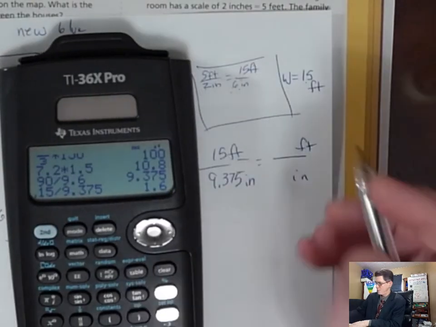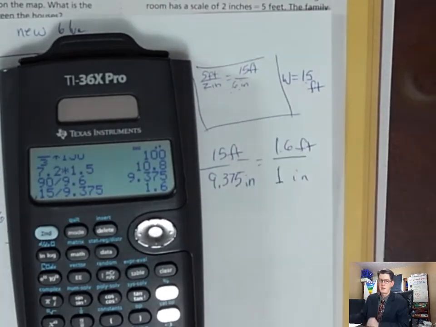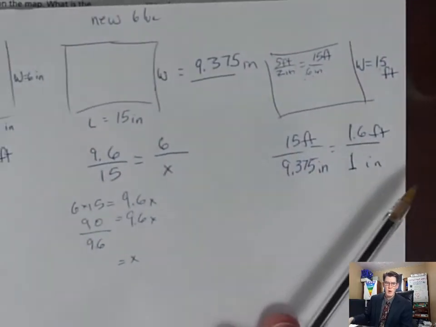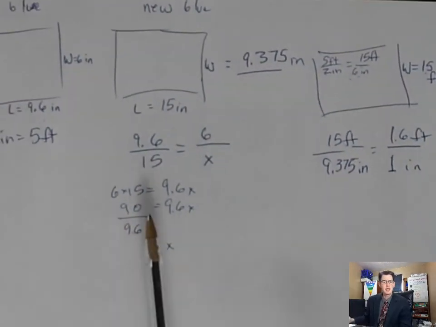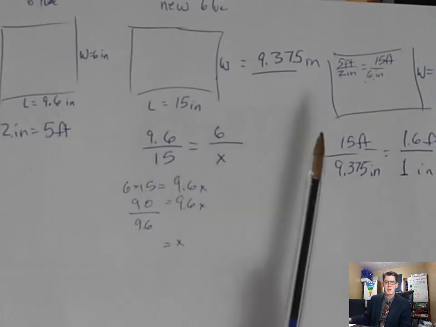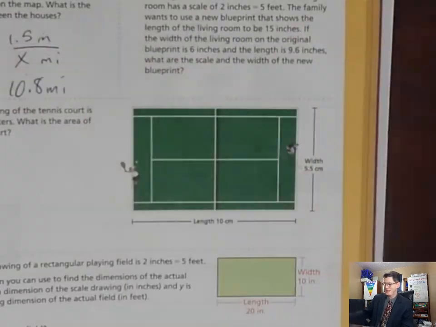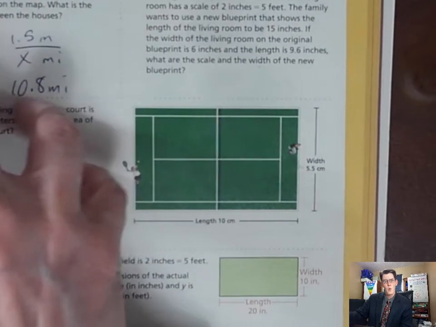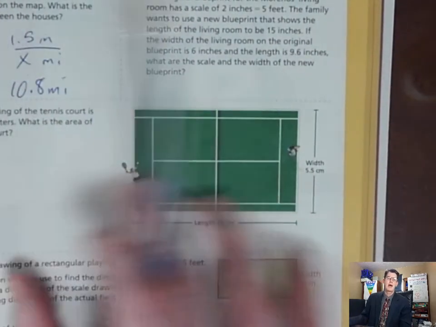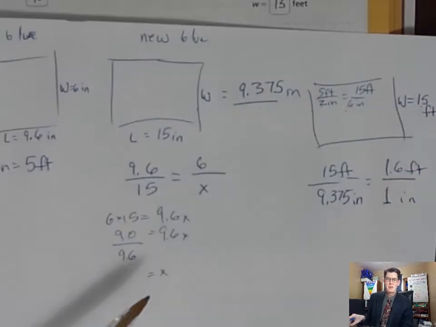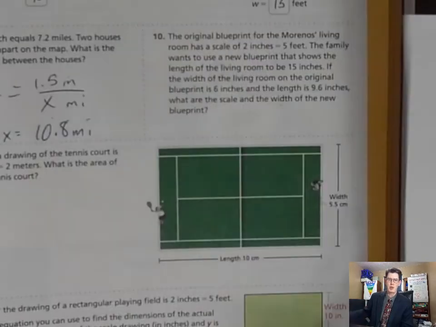Sorry. The 1.6 feet is 1 inch. This process of finding, wait, what do I compare and what do I put together? As long as you're comparing in the same direction or the same order, you're going to get it right with writing these 3 pictures. But again, this is kind of a level 4 concept in terms of taking one item and synthesizing it to another, or taking one item and applying it to another. These problems are extremely hard, but if you draw these pictures and write the proportions, it will hopefully give you